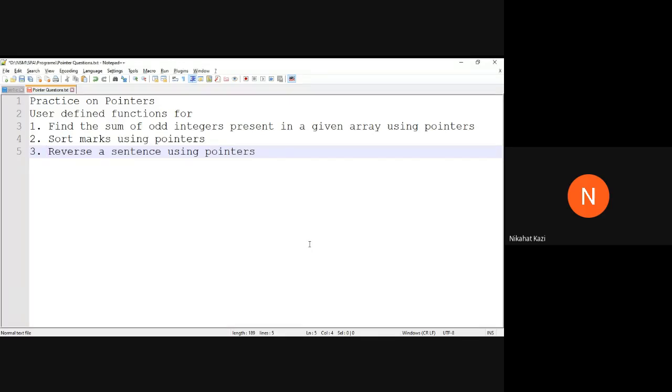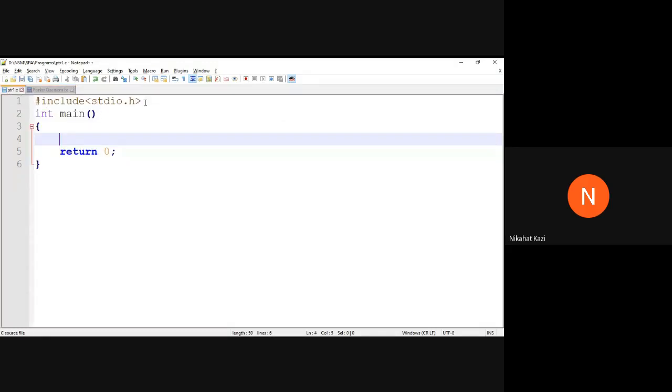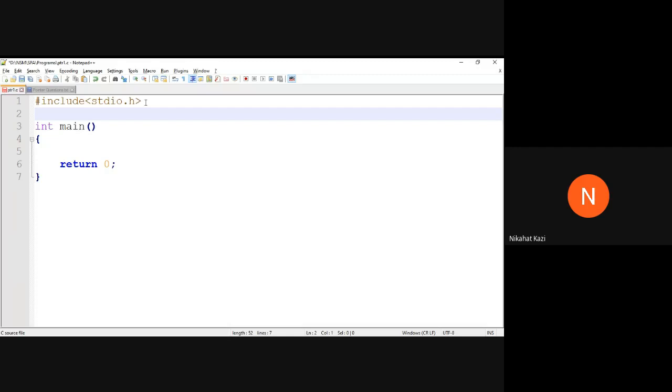So the first question is you have to find the sum of odd integers present in a given array using pointers. So for that, we will write a function first of all. Okay. So going to the program. First of all, let us decide what will be the function signature. So it will be void